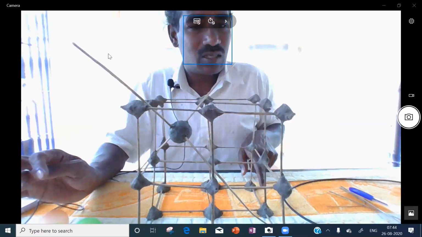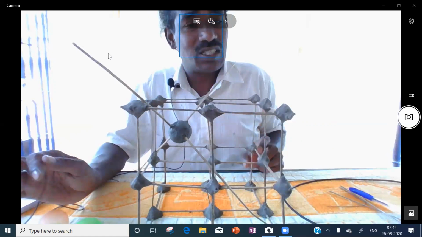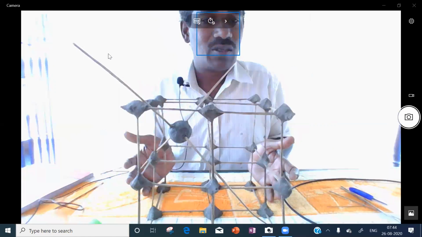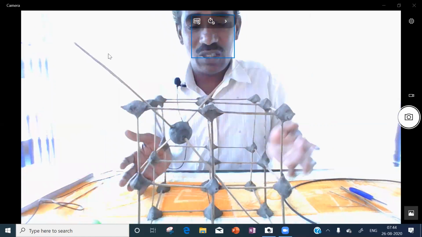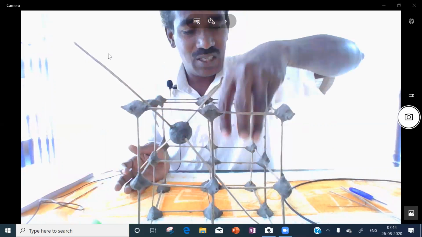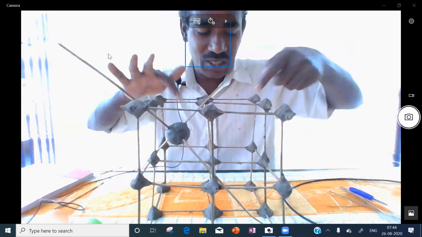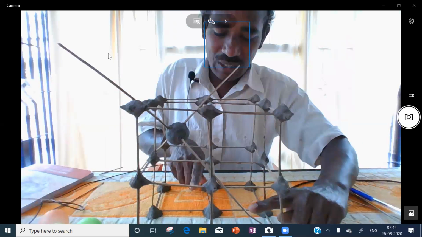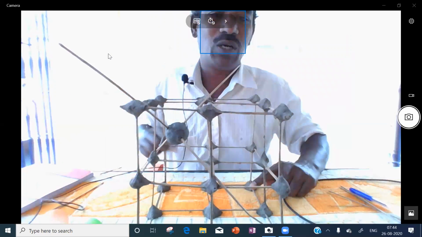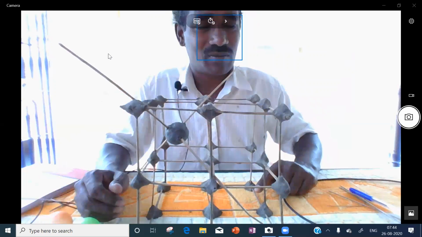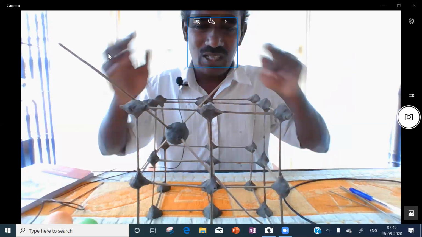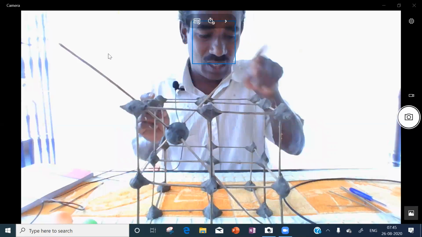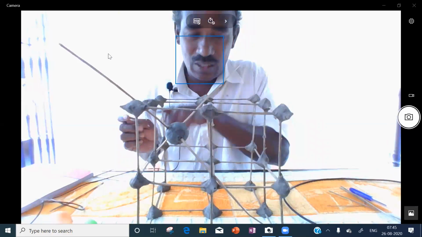In this FCC unit cell, how many small cubes are there? You check it. This is one complete FCC unit cell.